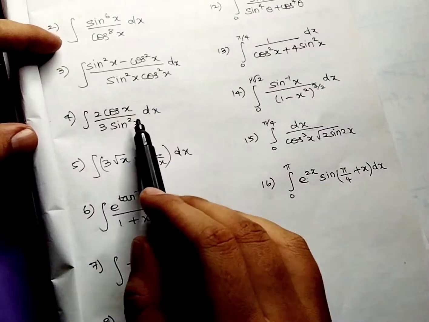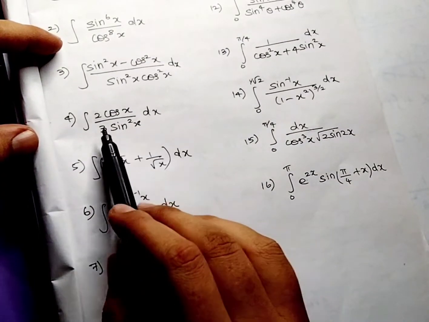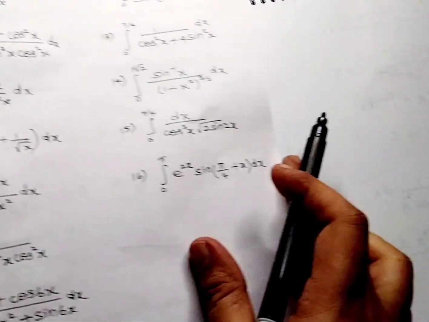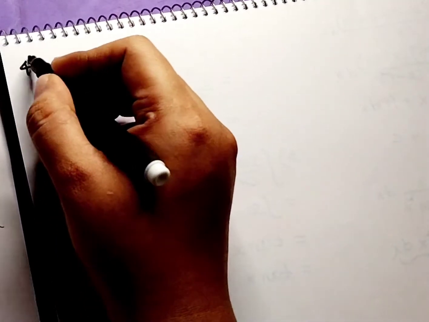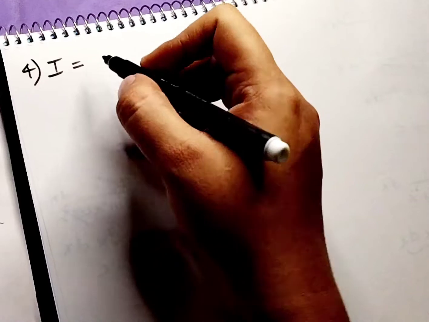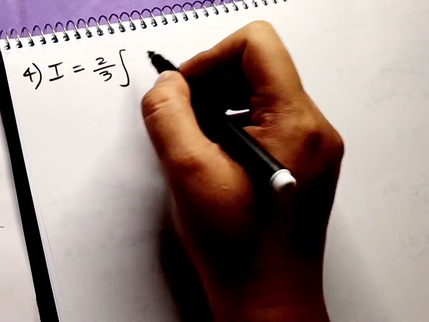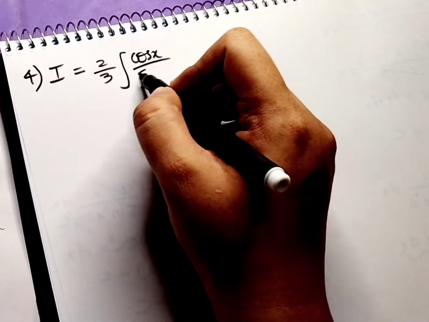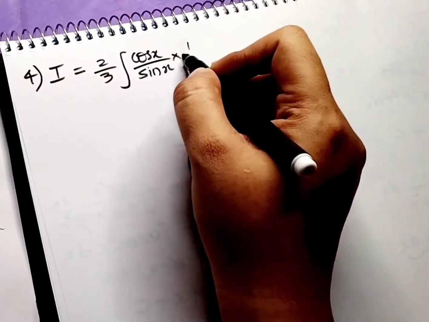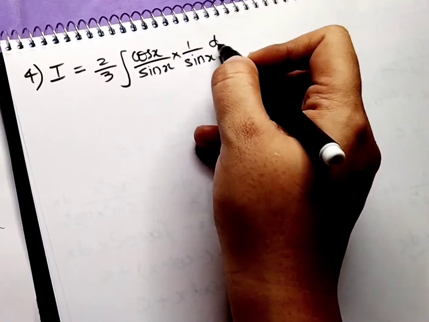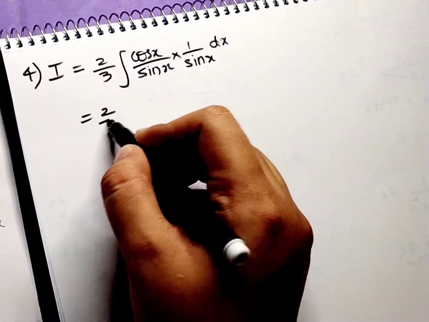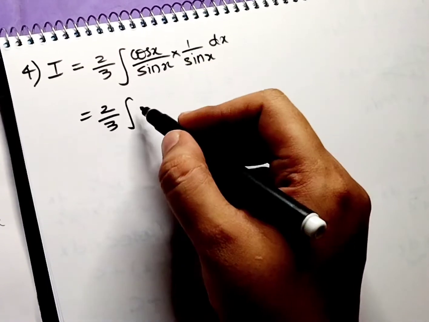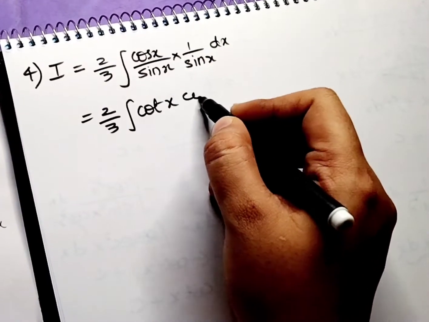Question number 4, integral 2 cos x by 3 sin square x dx. We can take this 2 by 3 outside of the integral, and take the integral as I. So 2 by 3, and cos by sin we can combine and make it cot, and 1 by sin separately. So that will become 2 by 3 integral cot x and cosecant x